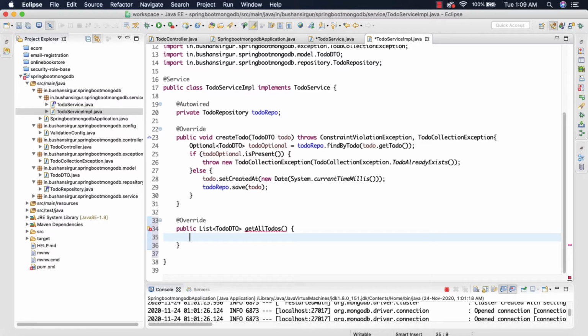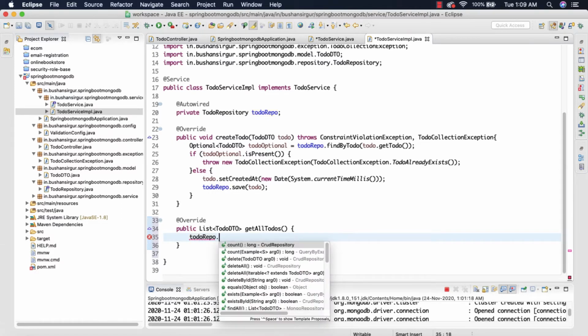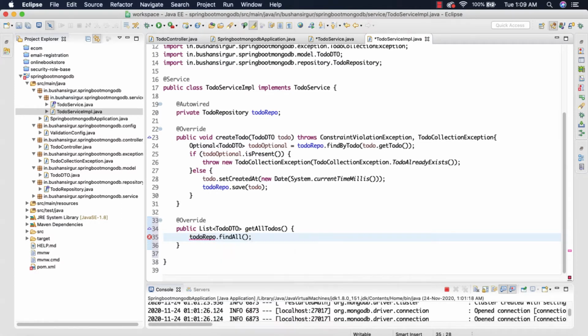Okay, so now I'm going to make use of this to-do repo to call the repository method, todoRepo.findAll. This is going to return a list of to-dos, List<TodoDTO>. I'm going to call this todos.